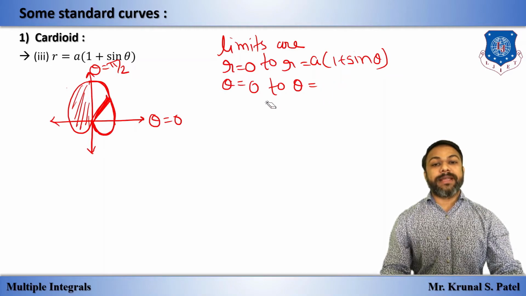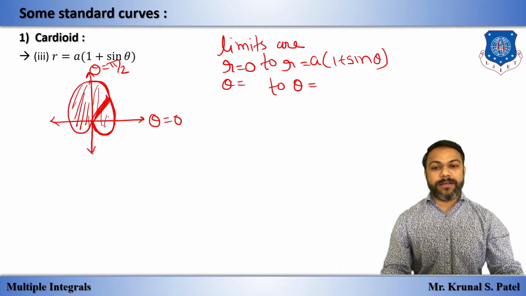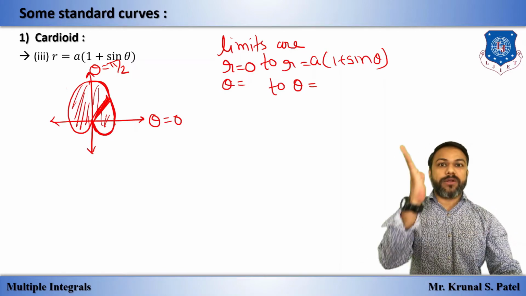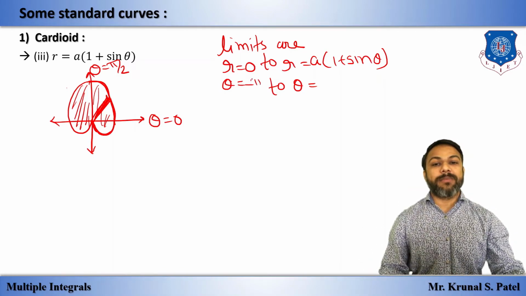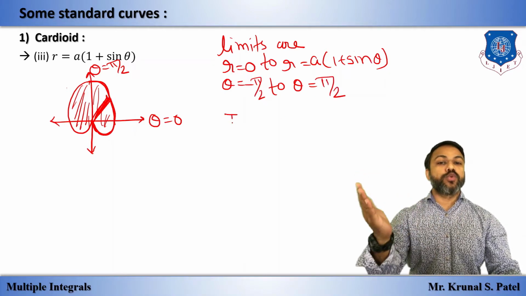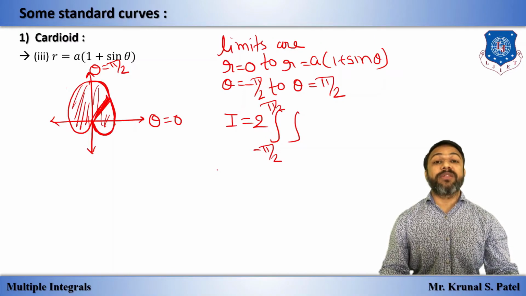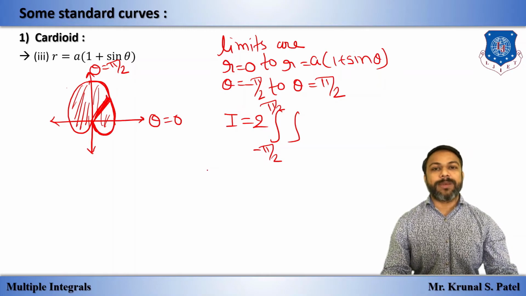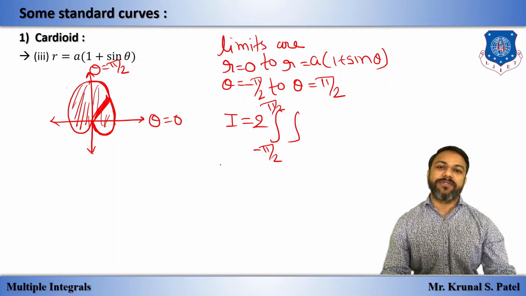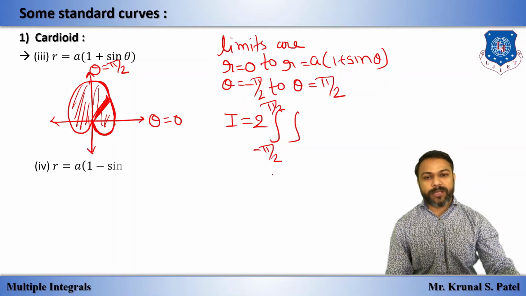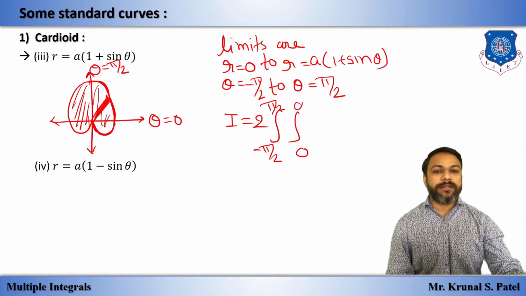But if I am taking this region, this part, it starts from the lower part of this, and it is known as minus pi by 2. So theta is equal to minus pi by 2 to pi by 2, and we can multiply it 2 times. So 2 times the double integration, minus pi by 2 to pi by 2. I am giving reference to pi by 2 because if we have pi by 2, then we can somewhere use the reduction formula, so integration will be easier for us. That's why. Okay, and r is given in the sin theta.